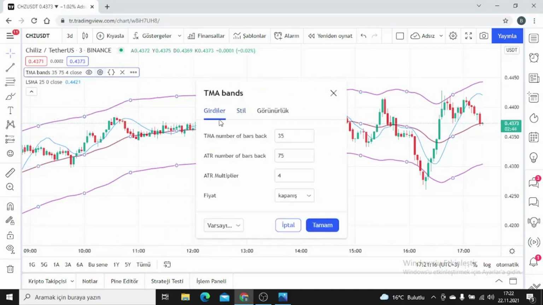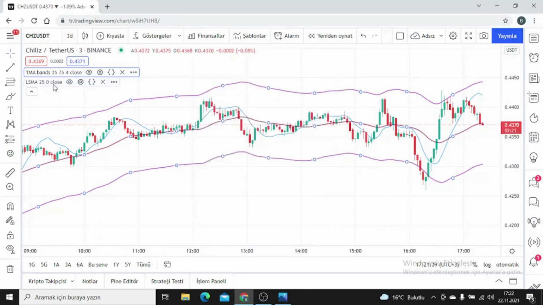Of course I won't change the input settings of the TMA, but you can reduce the setting from 75 here, as it will change from chart to chart. When you decrease the value, the channels get a little wider, for your information, but I will not change that either. But you can change it on a different chart if the channels of TMA here do not look good for you.